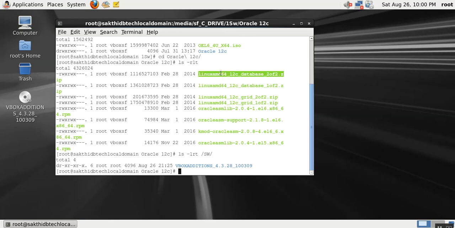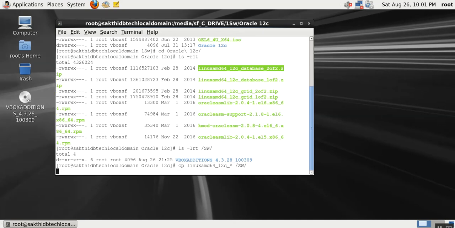CP Linux star slash sw. I'm copying from my local system to the Linux drive. So you guys know how to